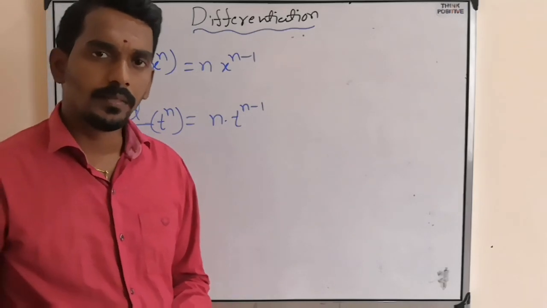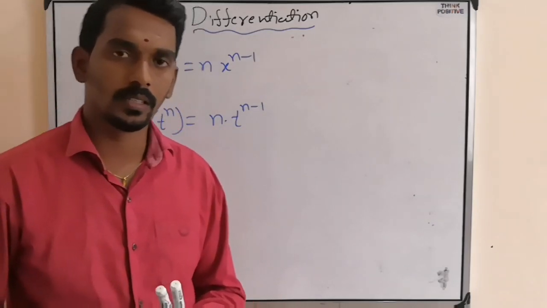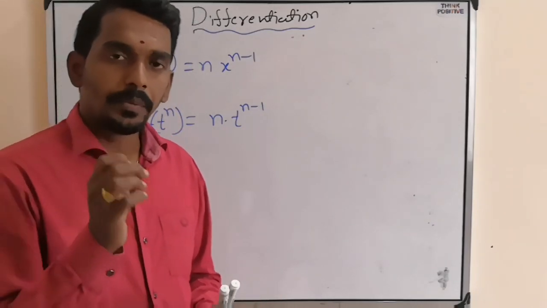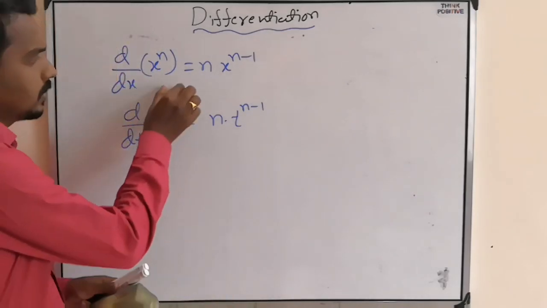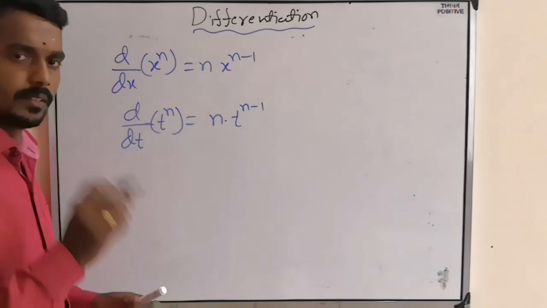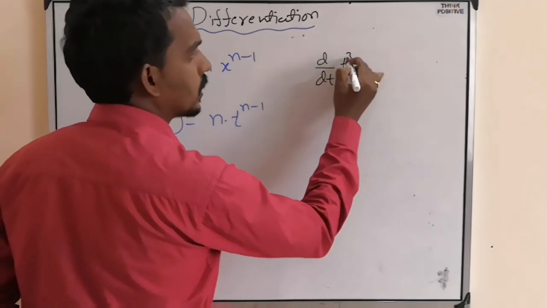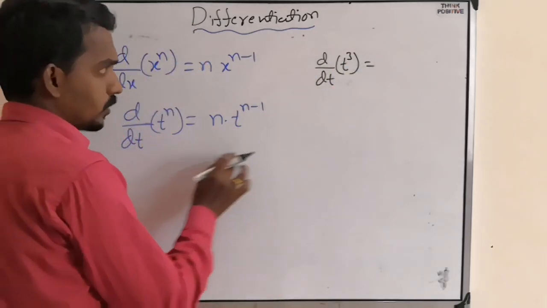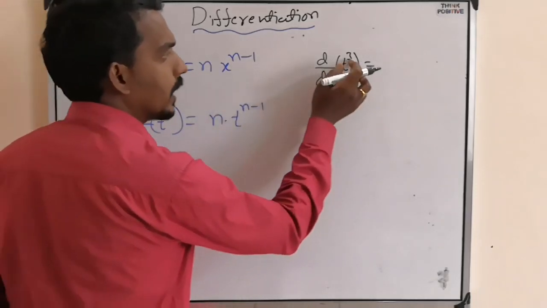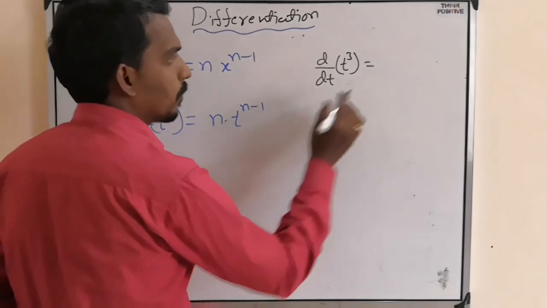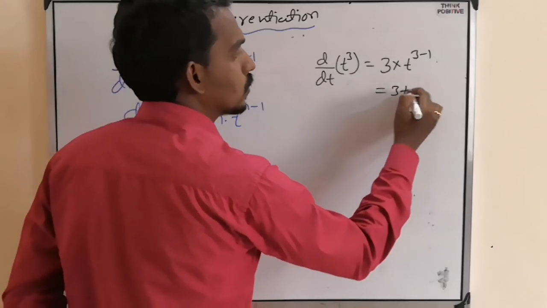Last class we started discussing one of the important and typical topics, that is differentiation, one of the mathematical applications where we have seen these two formulas and we have done simple differentiation like d by dt of t cube. Then by using this formula, we compared with t power n, so that in place of n, 3 is there. Then if you apply the formula, power into power reduces by 1. So 3t square.